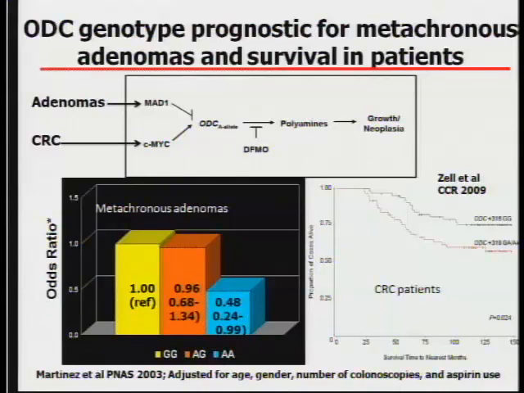The surprising finding came several years later, actually about a year ago. We published work with Jason Zell, who looked at about 500 patients in the Southern California Cancer Registry, patients with colon cancer. These are colon cancer survivors. Note the long follow-up times on these patients, where he then associated the ODC allele with survival of colon cancer patients. Here, the ODC A-allele is a protective factor. Here, the ODC A-allele is a highly statistically significant risk factor.